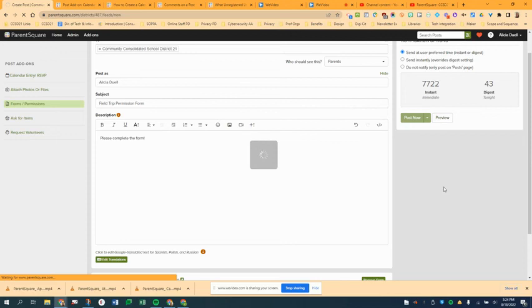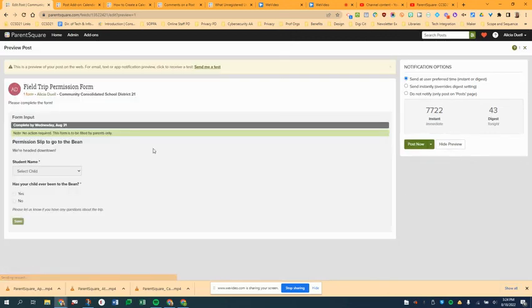So when families receive the post, they'll see, okay, permission slip. I have to choose my child, answer the questions, and then save it. And then I, as the person creating the form and sending it out, I will get all of the responses to me. So I can schedule, draft, post now,